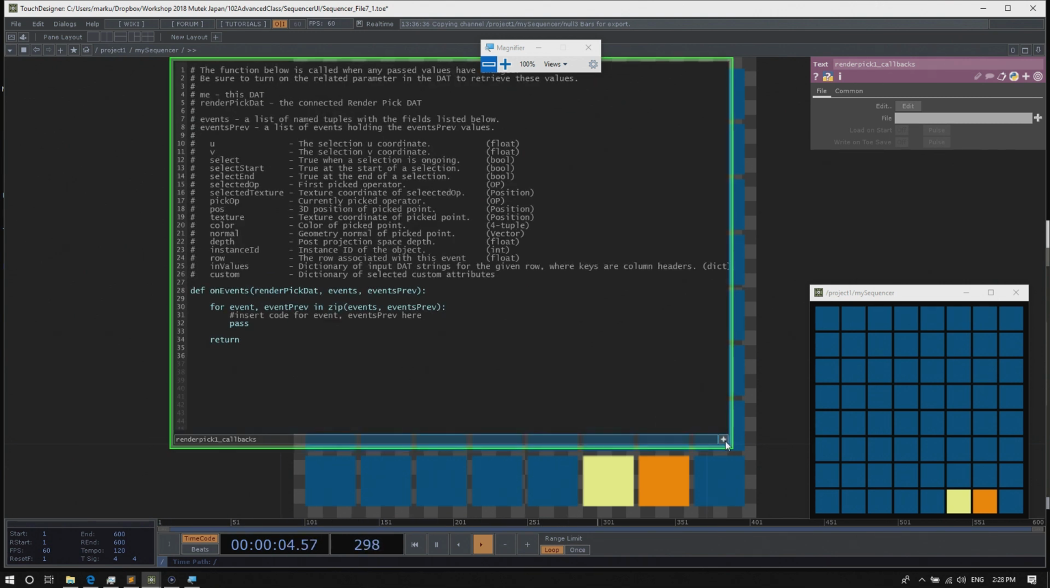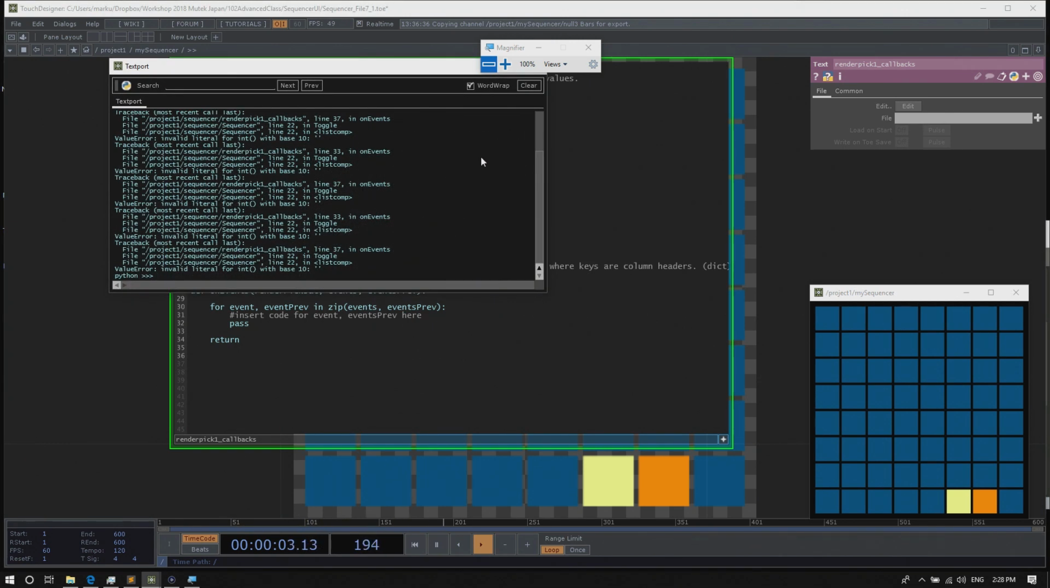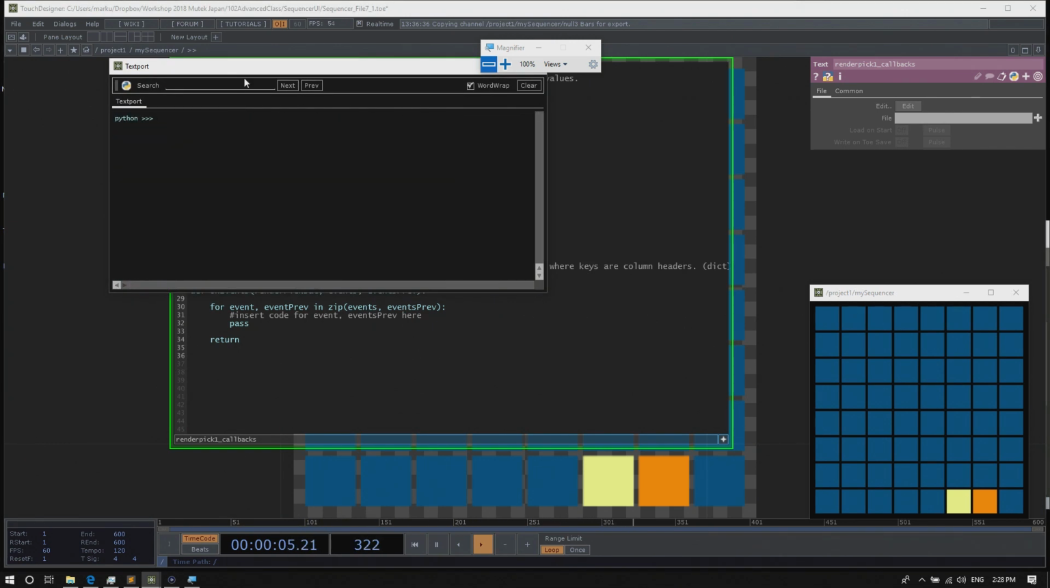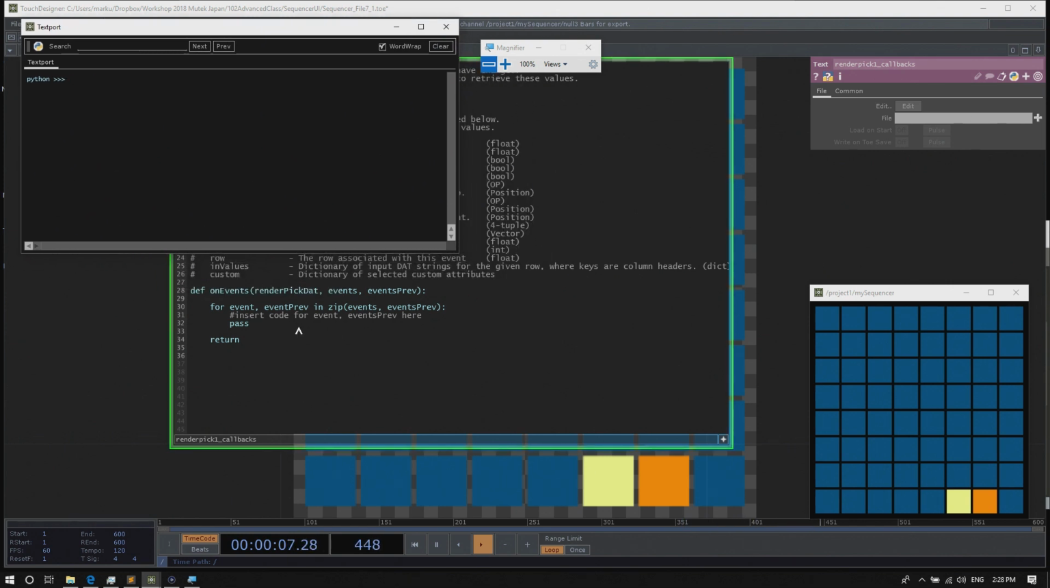And let's try to see what it's returning. So activate the viewer for the render pick. Since I'm editing this script, I activate the viewer and open up the text port by clicking Alt-T. And let's type in here something like